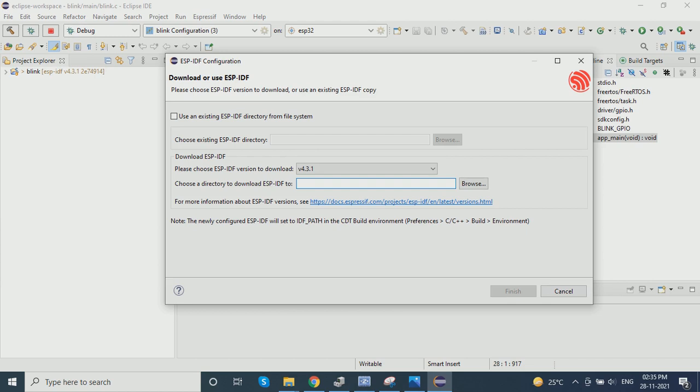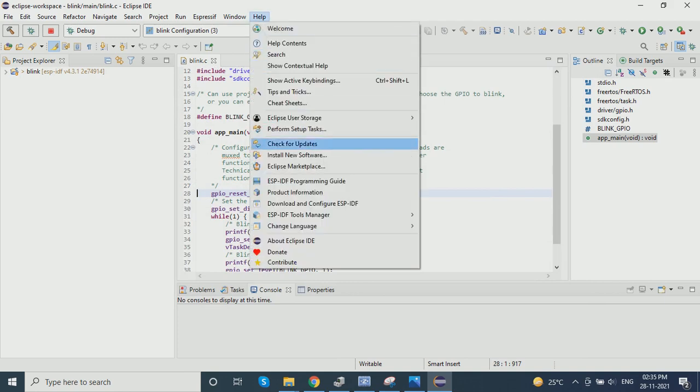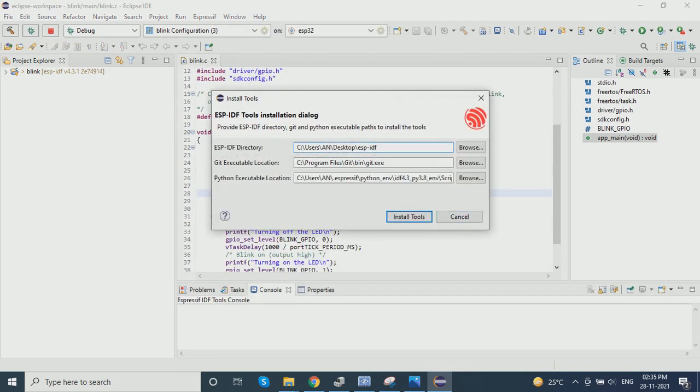Once it finishes, you'll be guided here to install tools. As I have already downloaded ESP-IDF, you have to give the path for Git, and you have to give the path for Python.